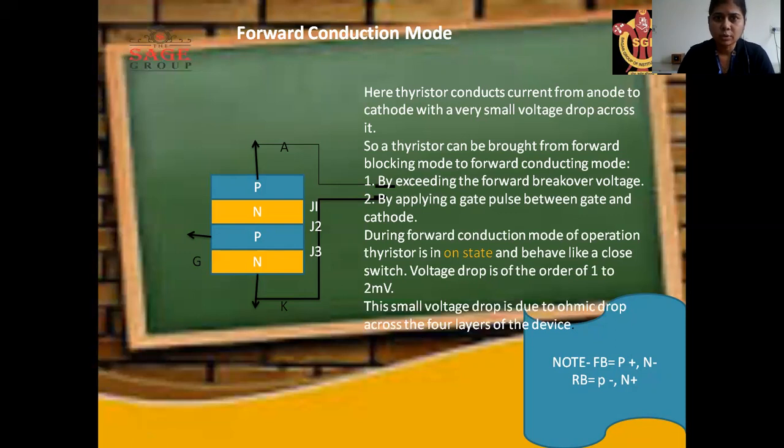In this forward conduction mode, we connect the gate terminal with the cathode with the help of an extra supply. This supply may be DC voltage, AC voltage or pulse form. Whenever we connect this terminal, extra voltage or current is provided from the gate terminal. With the help of this gate current, we can vanish the J2 junction depletion layer. So in this forward bias mode, conduction will be proper and current will be properly conducted.